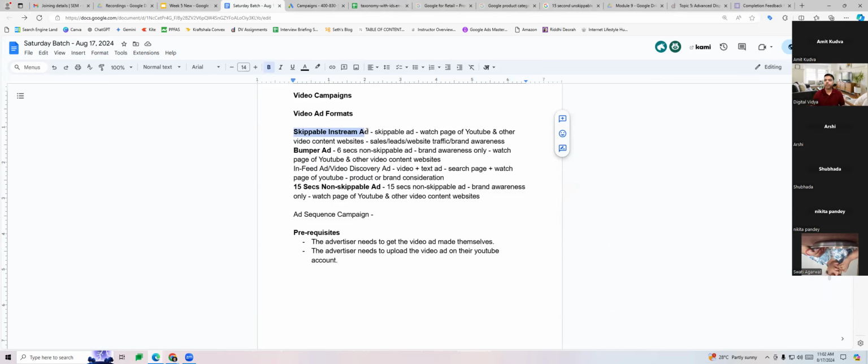Yes, okay, all right. So if you see what is happening out here, primarily speaking, if you're choosing brand awareness as the campaign objective, then yes, I can have skippable in-stream ad, bumper ad, in-feed ad, not even in-feed ad. In-feed ad does not have a brand awareness option.